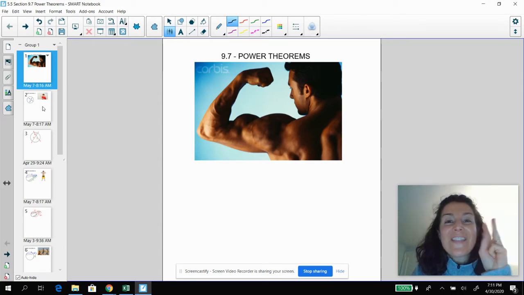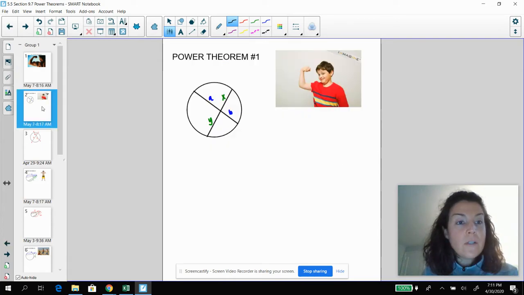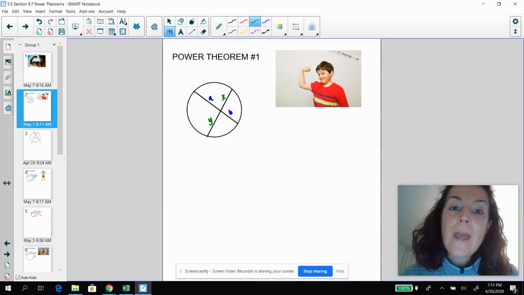All right, so there are three main power theorems, and power theorems all have to do with the length of chords and secants and tangents as they relate to circles. So the first power theorem is this one, and this one we lovingly refer to as the